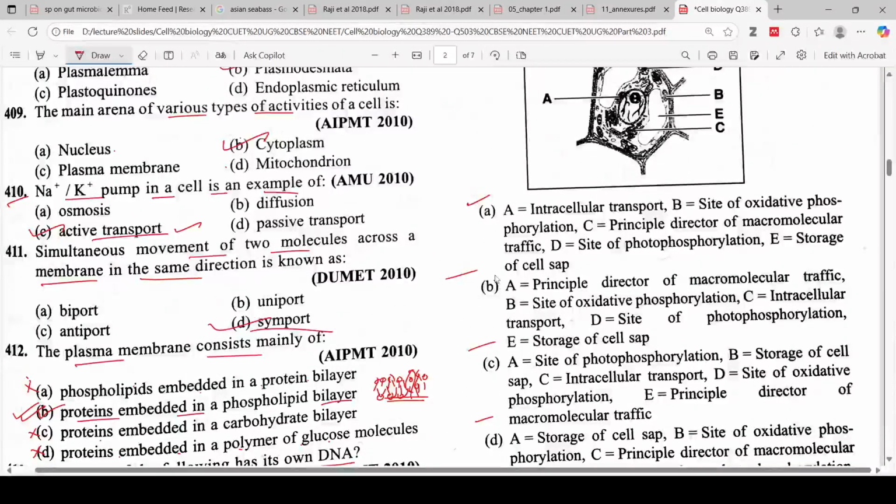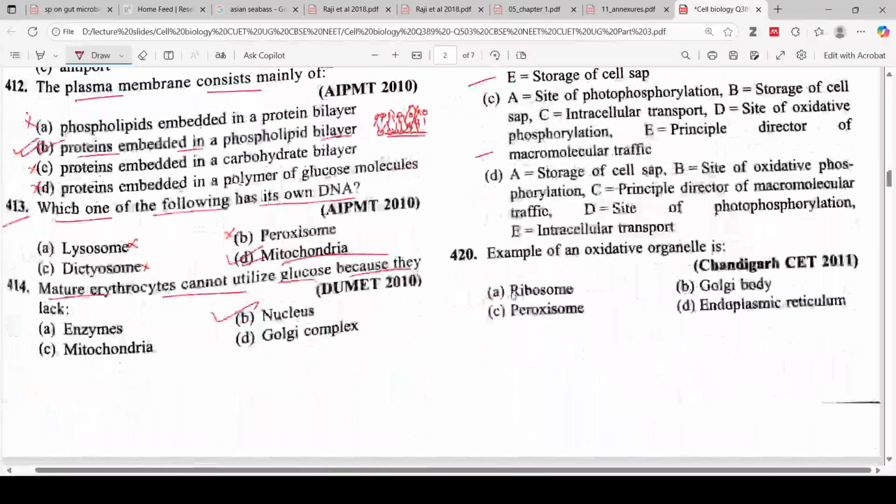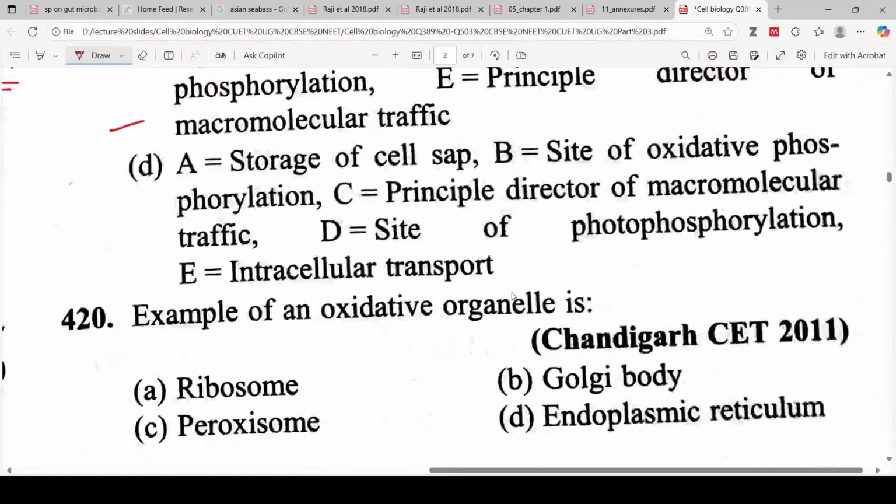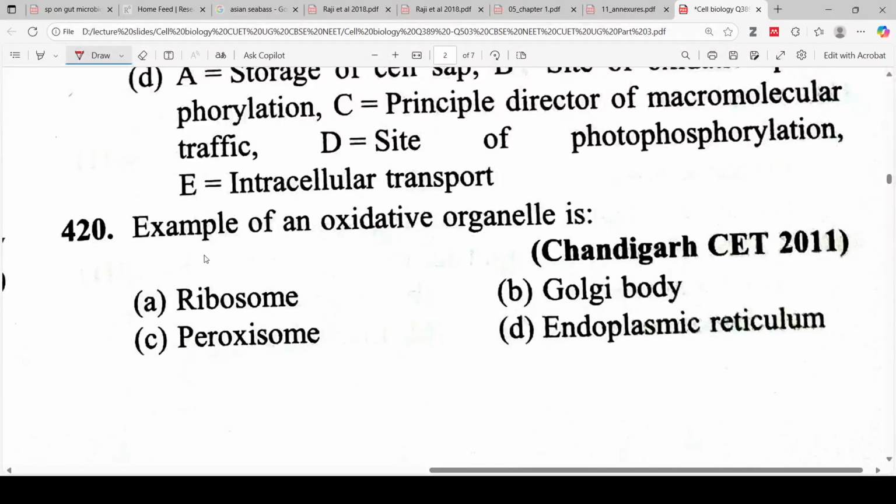So option number B will be the correct answer. Next question, an example of an oxidative organelle is. So 4 options are given: ribosomes, peroxisomes, Golgi, and endoplasmic reticulum. So the correct answer is